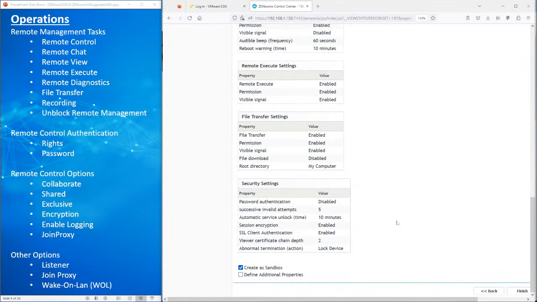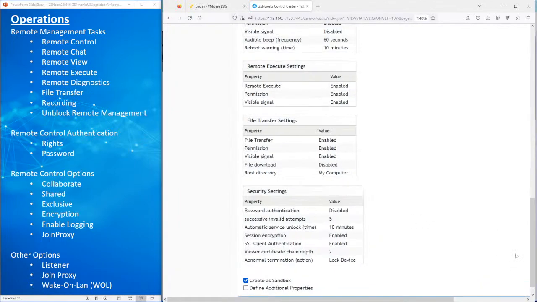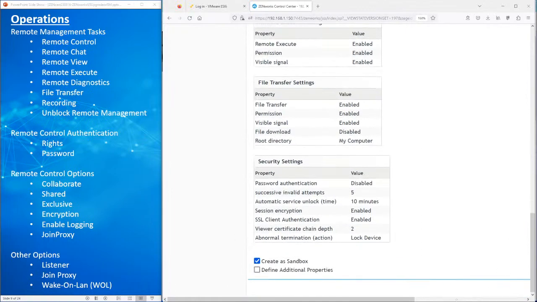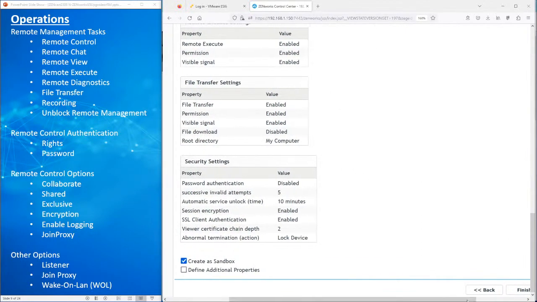The final thing is create as a sandbox, and is typically checked because you don't want to have this be permanent right away, because there's other things you'd want to edit in this particular policy that may not relate to the setting so much, but to the policy itself. And then if we were to hit finish, it would go back to the folder where we started this process, and it would be available